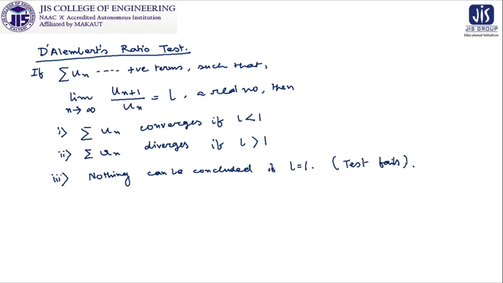So before going into the example of this particular ratio test, I want to share one piece of information with you, that if for a particular series your ratio test fails, you can't say that this series is convergent or divergent, we don't know. It may be the case that the series can be tackled by some different tests, but that series is not possible for us to handle with that specific test procedure. Okay, so now we are going to see one problem first related to ratio test.